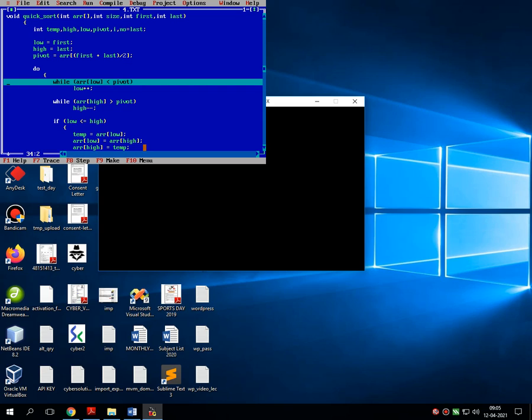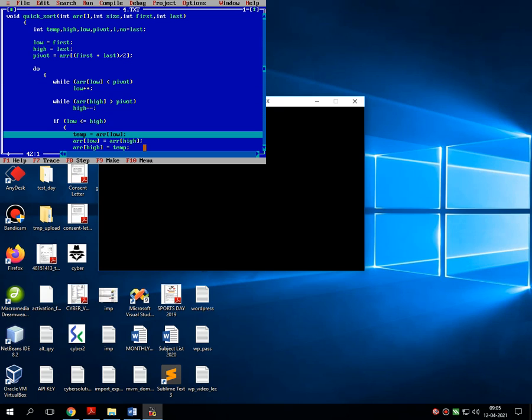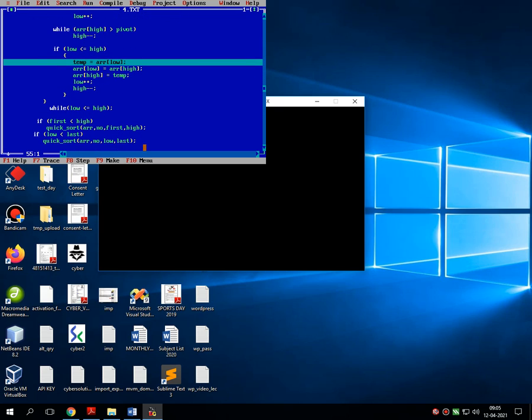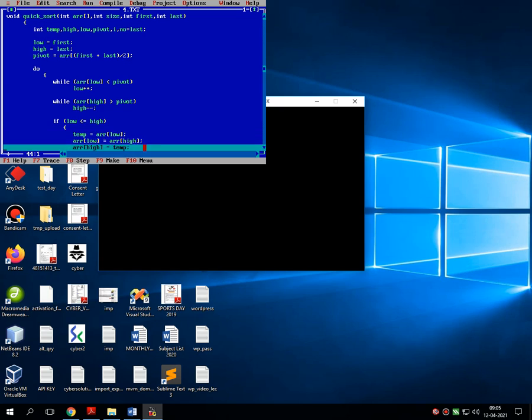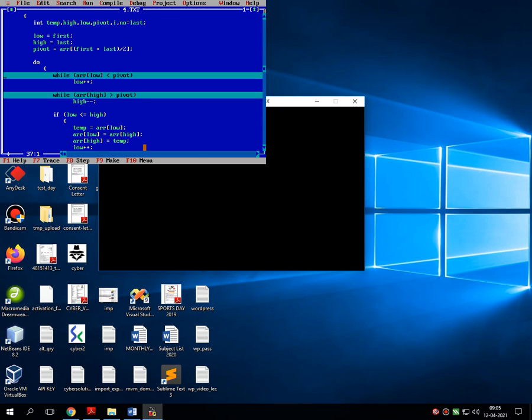For this, a while loop checks for the condition whenever the low value gets incremented if it is less than the pivot element. Whatever the value is less than the pivot element should be on one side of the array, and whatever the value is higher than the pivot element should be on another side of the array. So it rearranges the numbers on the right side and on the left side. Once this arrangement is completed, it internally sorts all the numbers. One by one it takes all the numbers and sorts internally.